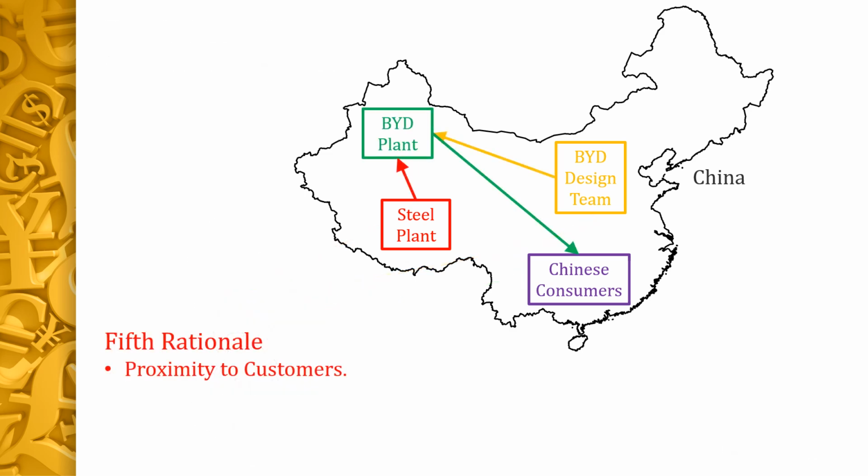We now turn to our fifth and final rationale, proximity to customers. Suppose that BYD would like to sell its vehicles not only to Chinese consumers, but also to Europeans. For instance, it may think that it has a competitive edge that will let it gain substantial market share in Europe, thus raising its profits. Or BYD may believe that expanding output will let it realize greater scale economies or be in a stronger bargaining